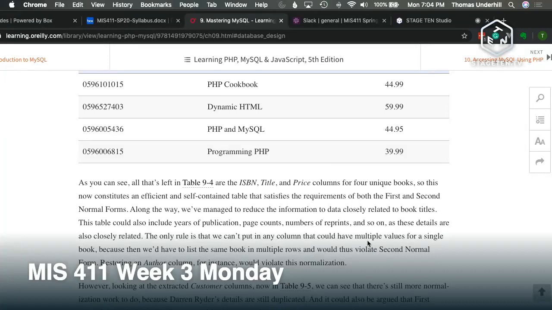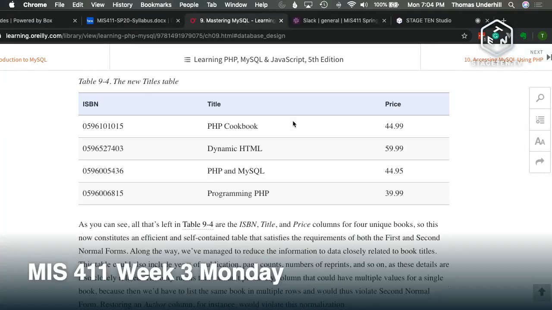Now, if we put the author column in this title table, we would violate that, because there could be multiple rows here written by the same author. Does that make sense? So what we want to do instead,